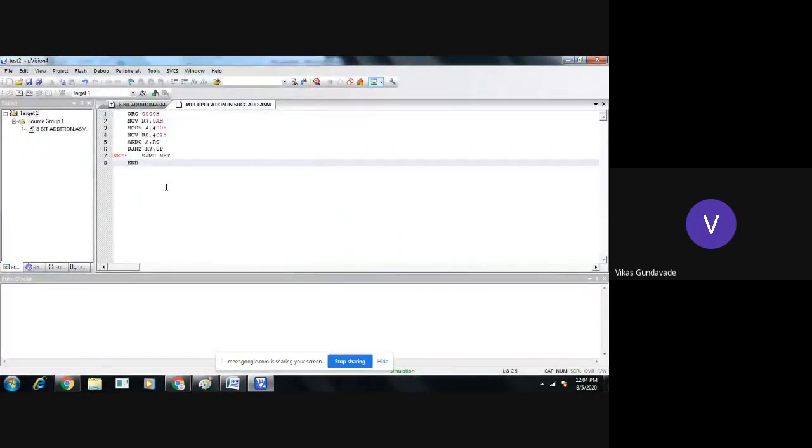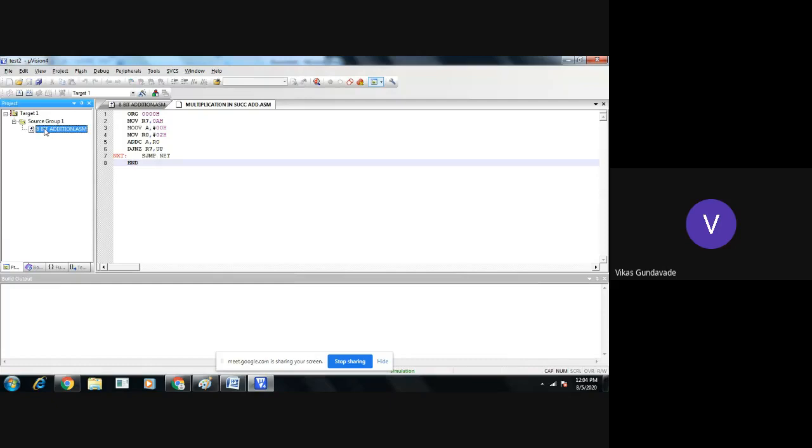Always save the program with the name by which you are writing the program. What does it mean? Whatever program you are writing, save it with the same name so that you can easily recall that program, or easily find it while making a revision. So here we have written this program.